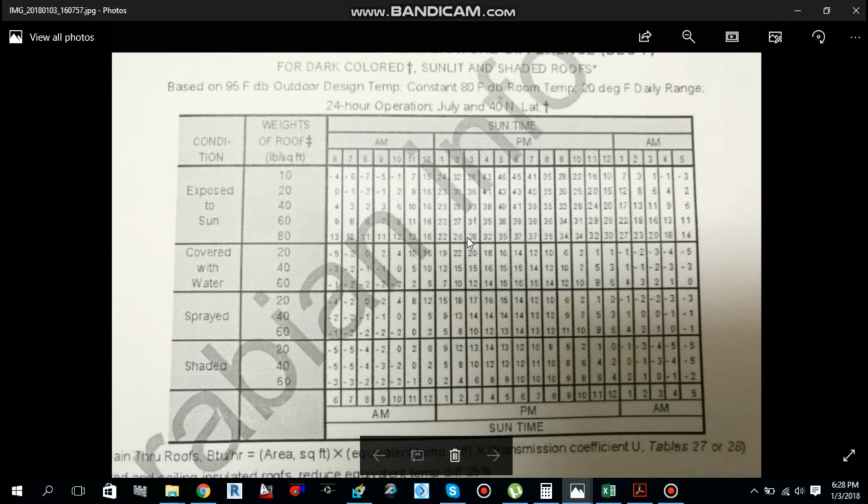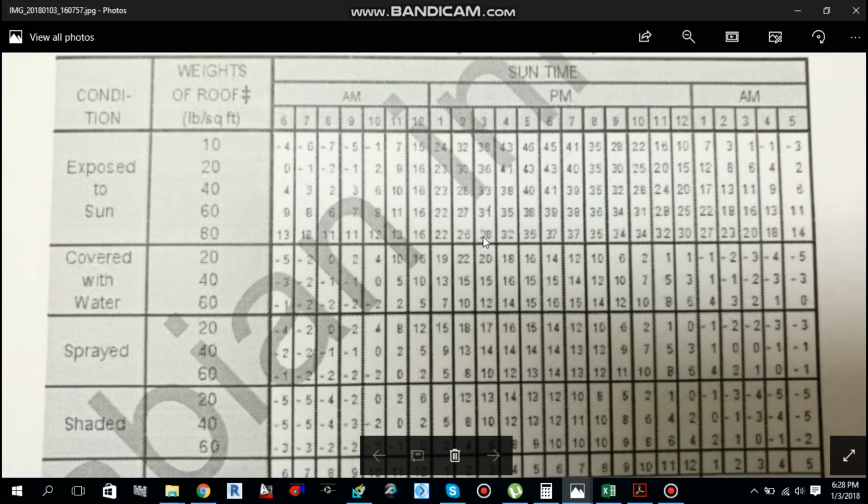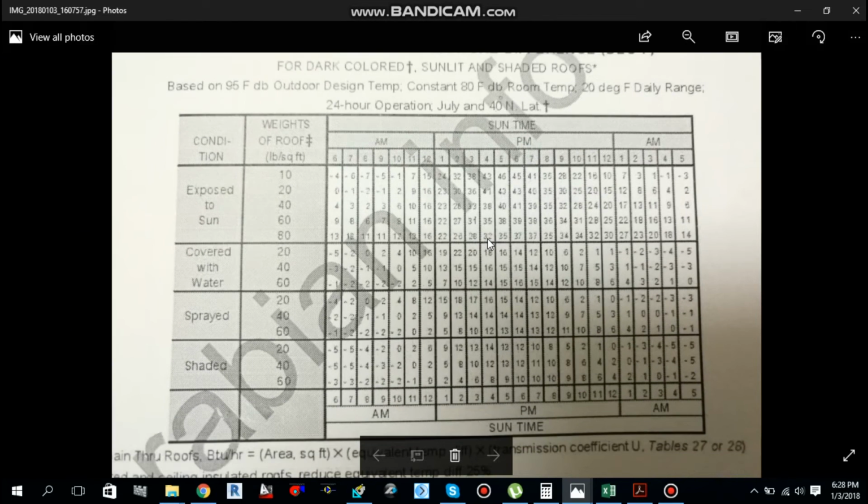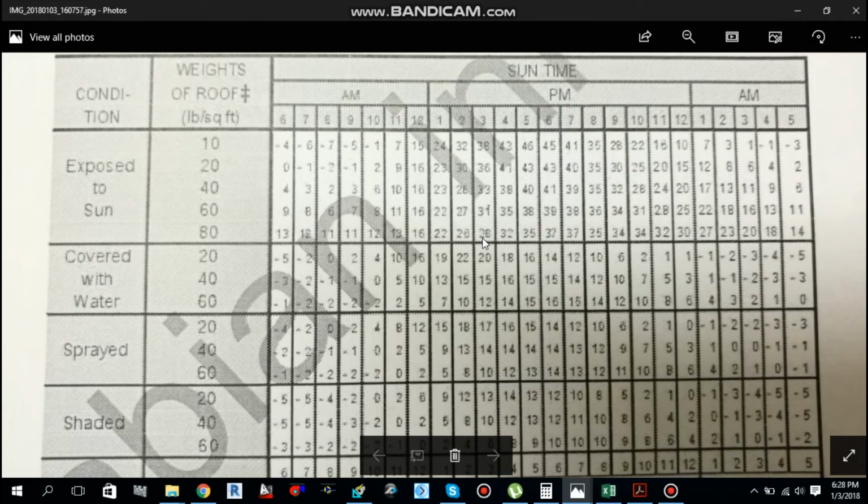So over here we will go and it will intersect over here, and we got a value of 28. So 28 we have to use over here, plus, now remember this figure 28, plus we have to add some correction factor due to the material specification.